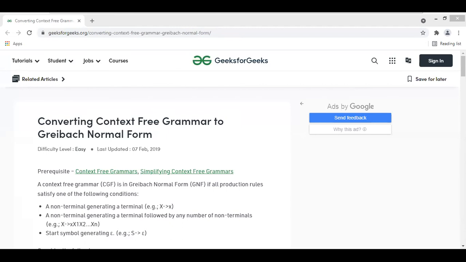The first step of simplification is you need to check whether there are any epsilon productions in the grammar. Then if it is necessary to eliminate them, you can eliminate them just by following the algorithm of reducing epsilon productions. And the second step is eliminating unit productions. If there are any unit productions in the grammar, you need to eliminate those unit productions just by applying the algorithm or the theorem of reducing the unit productions.